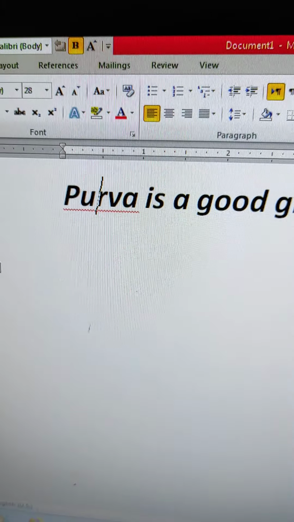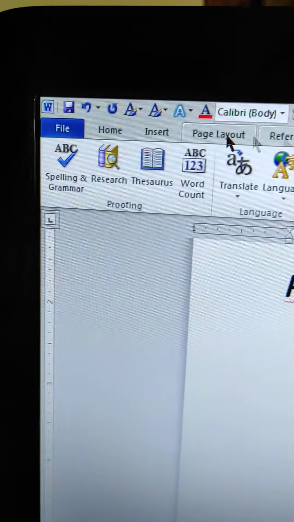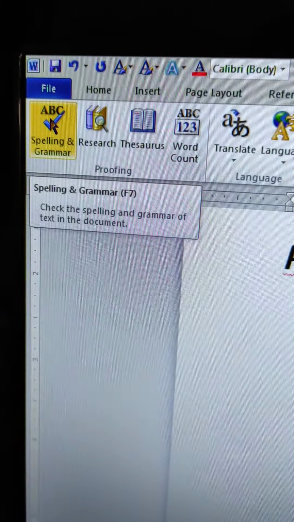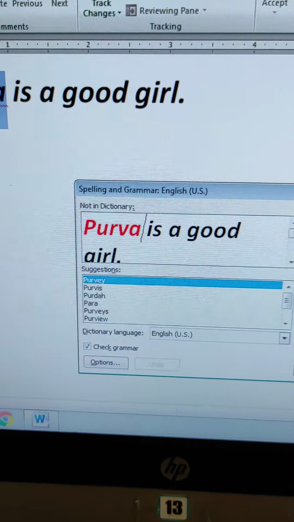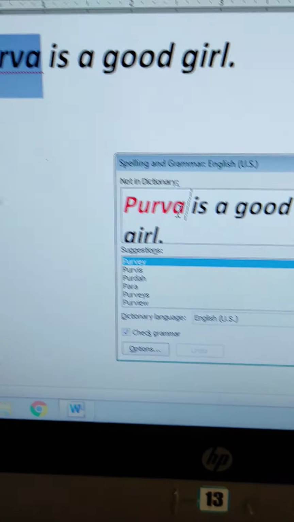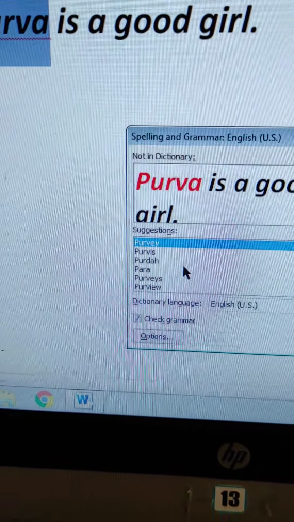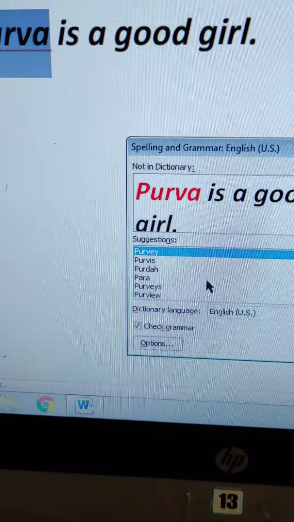Again, another way is you have to click on the Review tab and then you will get the spelling and grammar option. If you click here, you will get Purva in red color, and a suggestion. This Purva name is not there in this list.